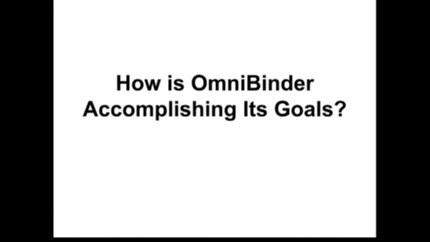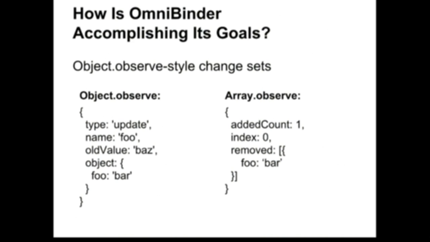So what is it doing to accomplish these goals? One, we've implemented object observe style change sets in the pipeline. If you're not familiar with object observe, browsers are starting to implement these APIs. They're working out a standard on how to watch changes on objects and arrays and respond to those updates, which is driven very much by how Angular works, because we have the ability to watch objects and then respond to those changes. But now there's native functionality that's rolling out in browsers that when an object changes, you can see what type of change it was, where the change occurred, and what the old value was,